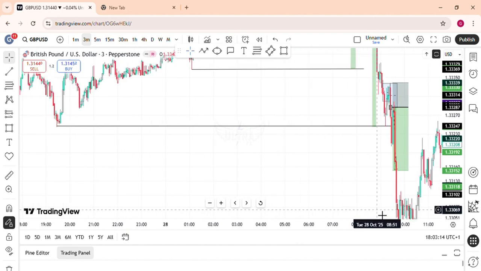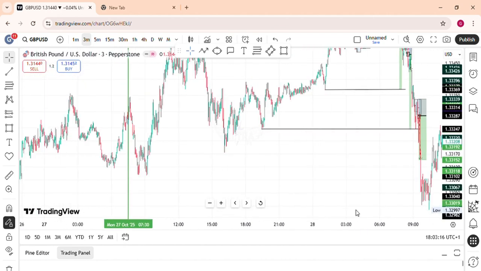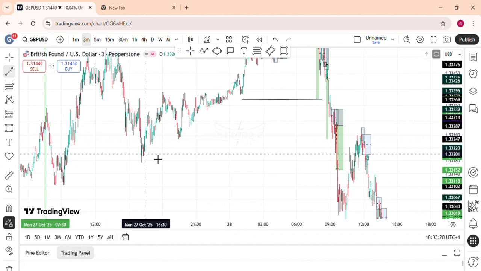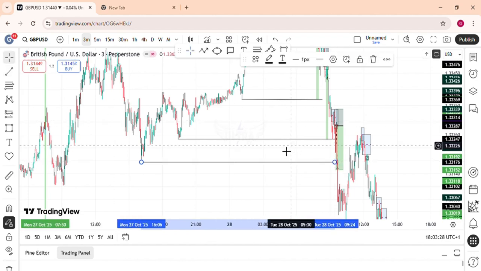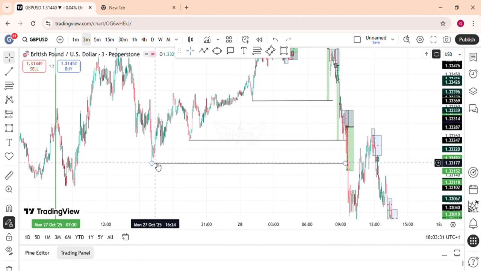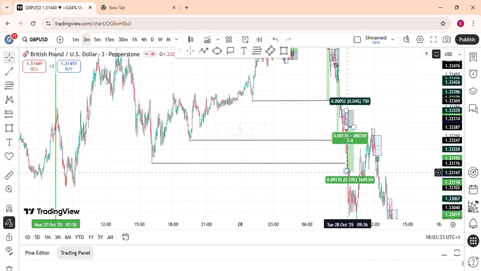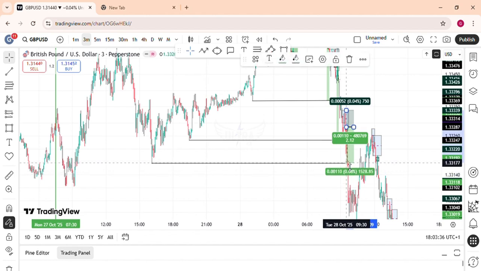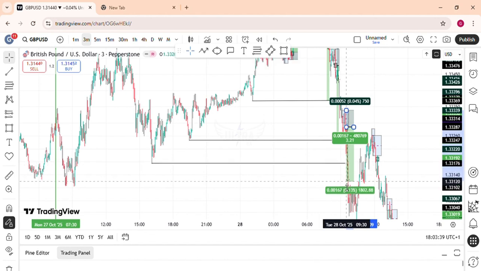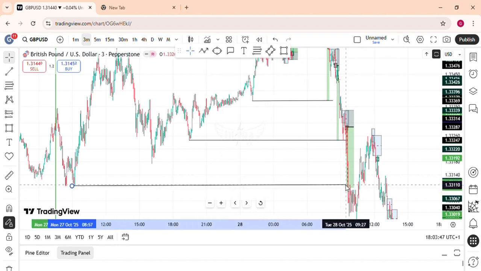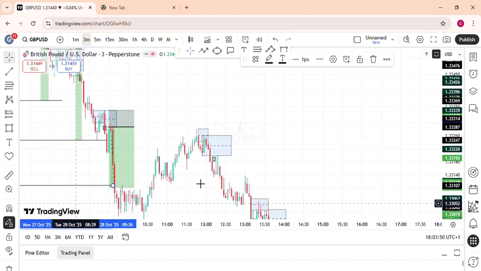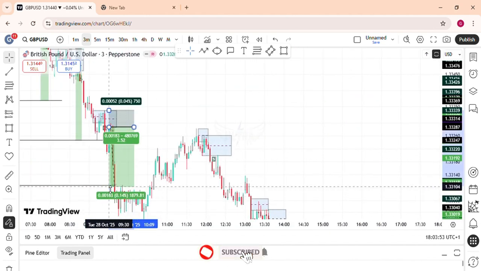And our take profit can either be this low right here. This is actually a low resistance low right here. So it can actually be here, giving us a 2.12 risk to reward ratio, or here at this previous low here. And this is giving us a 3.46 risk to reward ratio for our trade number 4.